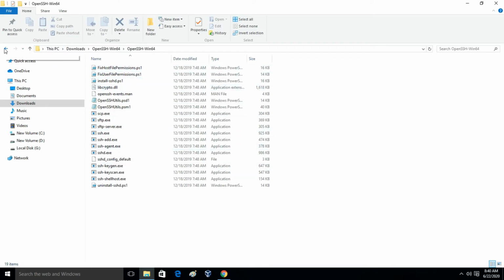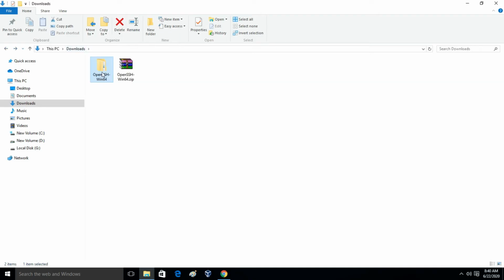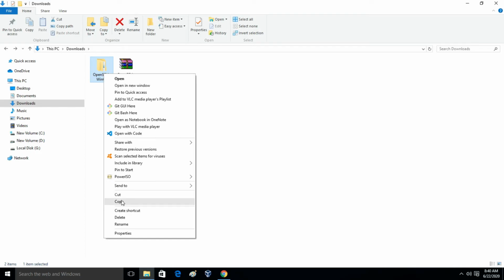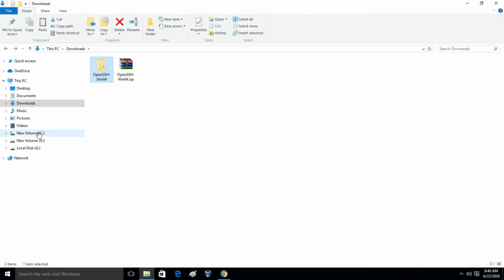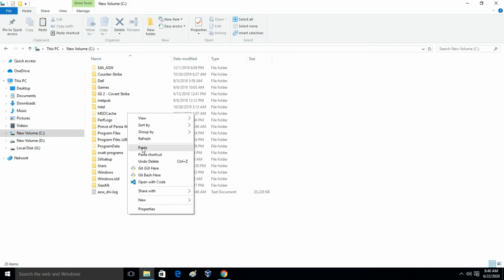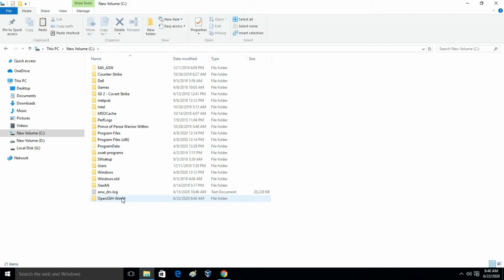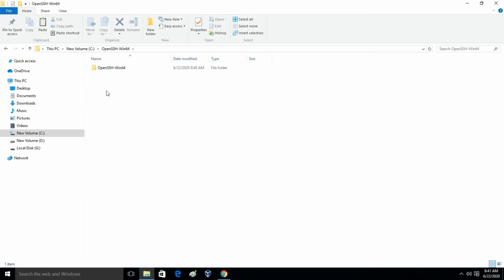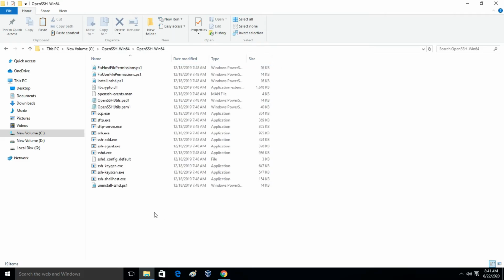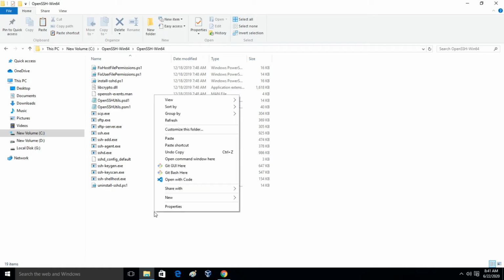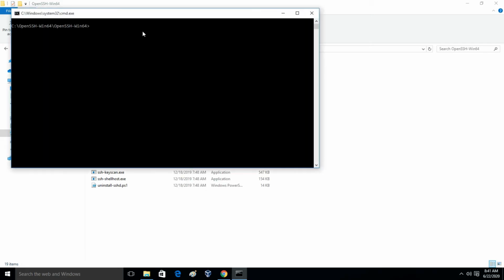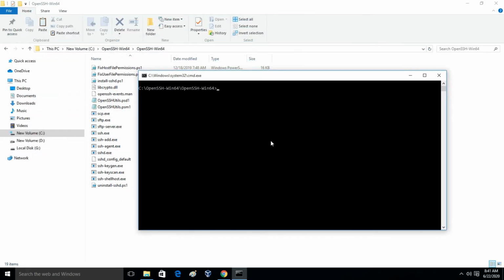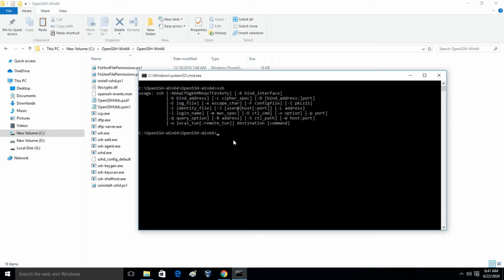What we are going to do now is copy this to C drive. I'll go to C drive and paste it over here, then go inside this directory. Here you have to press shift and right click from the mouse. Here you can see "open command window here", so you will be able to open command prompt. We have opened the command prompt. Now if I run the ssh command, you can see the SSH command is accessible.